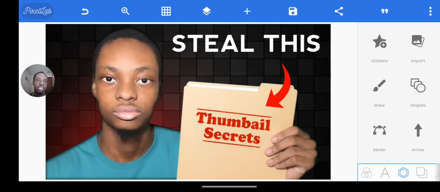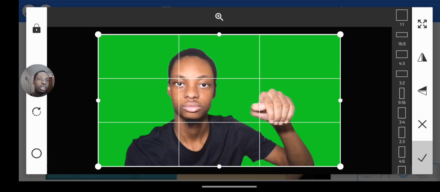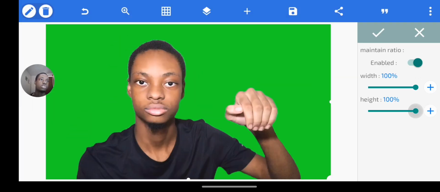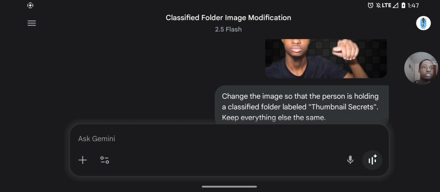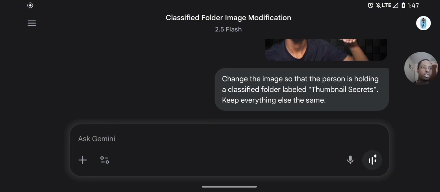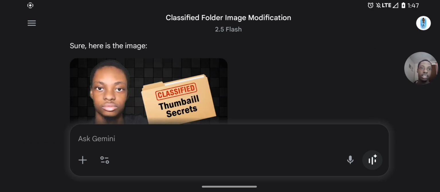The next thing I use Nano Banana for is to edit images of myself that I already have. So as you can see, the color of this shirt is teal. Originally I had a whole different pose and different shirt color. So I uploaded the original image to Google and said change the image, I was holding a classic folder labeled thumbnail secrets and keep everything else the same, and